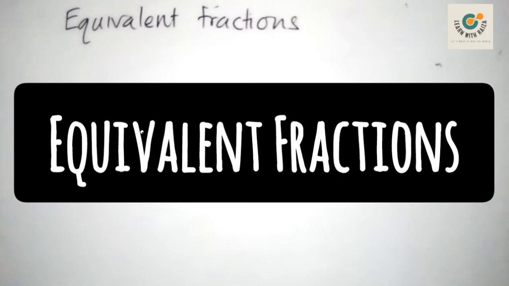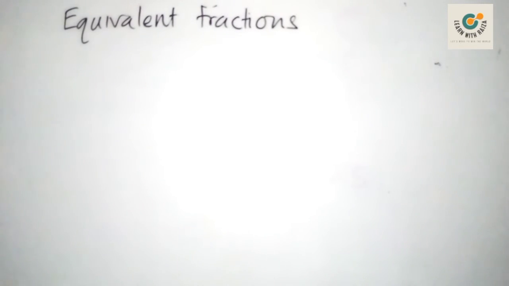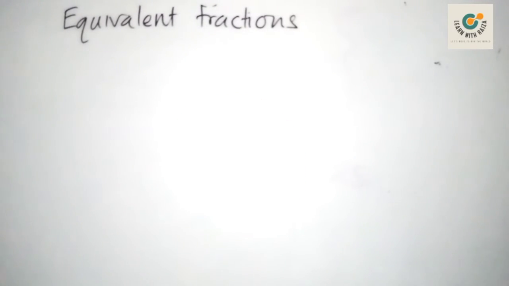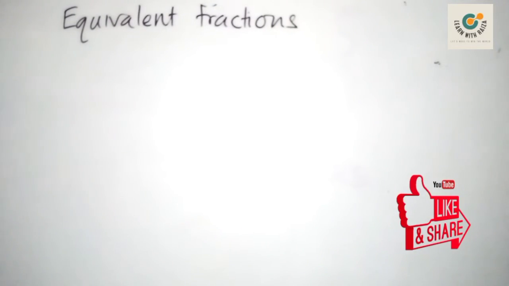Well, now under the types of fractions, the remaining fraction is the equivalent fraction. So what is this equivalent fraction? Being grade 7 students, you must know this, because in grade 6 you have learned this type of fraction. Fractions which have different denominators and different numerators, but represent the same fraction, we call equivalent fractions.